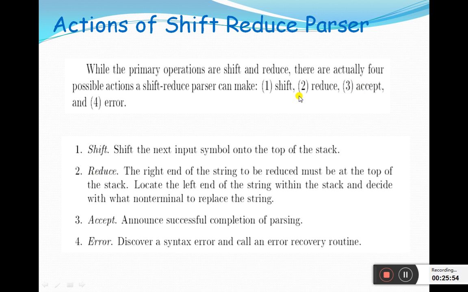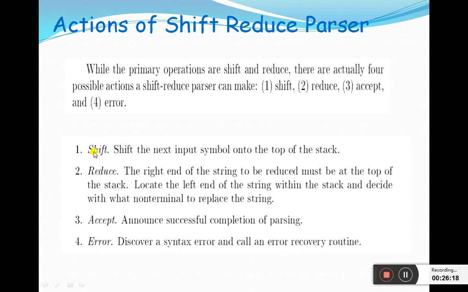They are similar to the top-down parser actions we saw earlier: expand, match, accept, error. Those are the actions of top-down parsers, and these are the actions of bottom-up parsers.